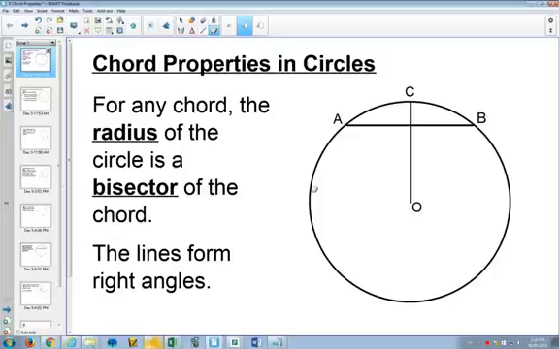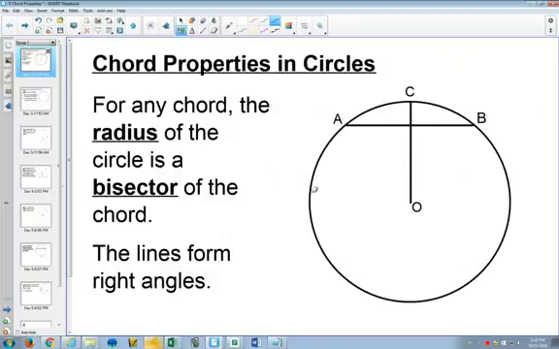All right, so we are going to learn the chord properties of a circle. Do you remember the definition of a chord? Yeah, it's like a line that goes from any 2 points that doesn't go through the center. It could go through the center. So that would be a diameter. A special type of chord is a diameter. But yes, any line that goes from one edge of the circle to another edge of the circle is a